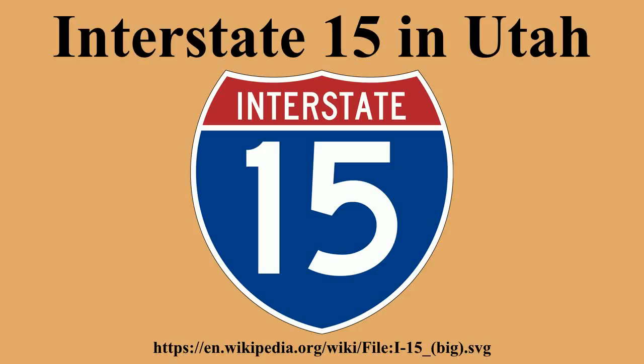The interstate merges with I-84 for about 3 miles from South Salt Lake to just west of downtown Salt Lake City, and merges with Interstate 84 from Ogden to Tremonton. Along nearly its entire length through the state, I-15 winds its way along the western edge of a nearly continuous range of mountains. The only exceptions are when it passes through the mountains south of Cedar City and again north